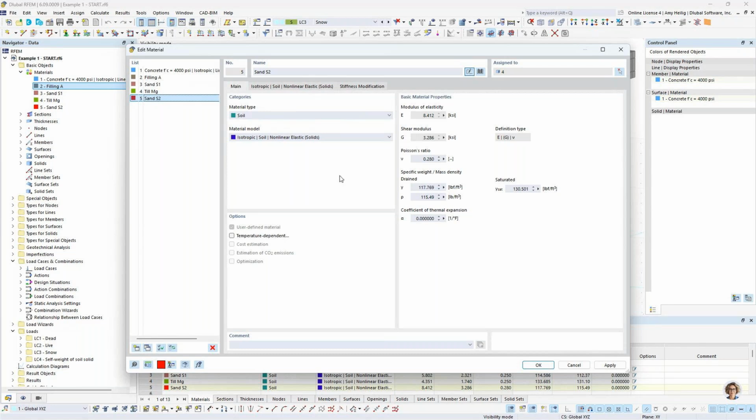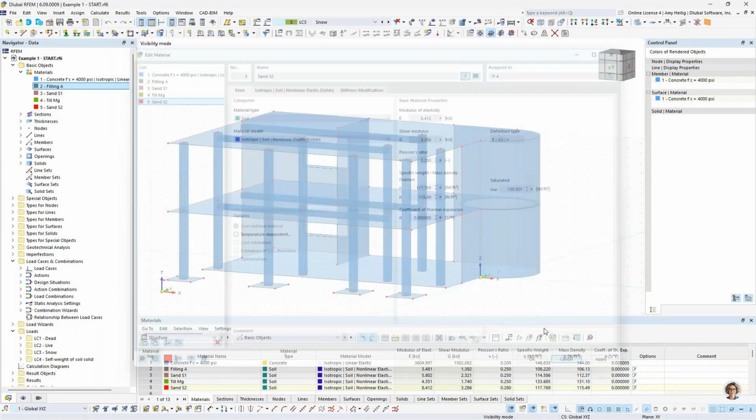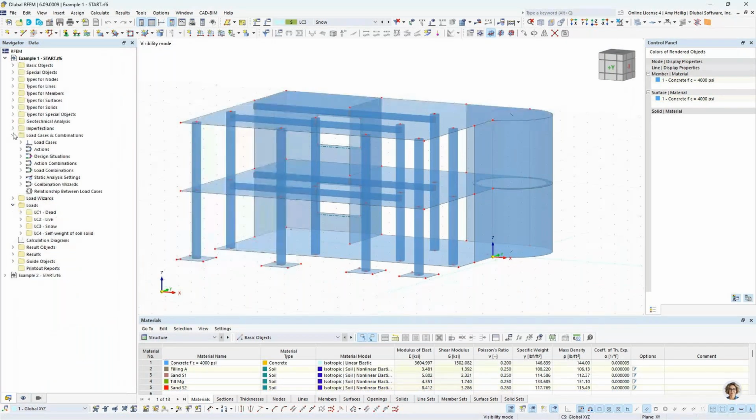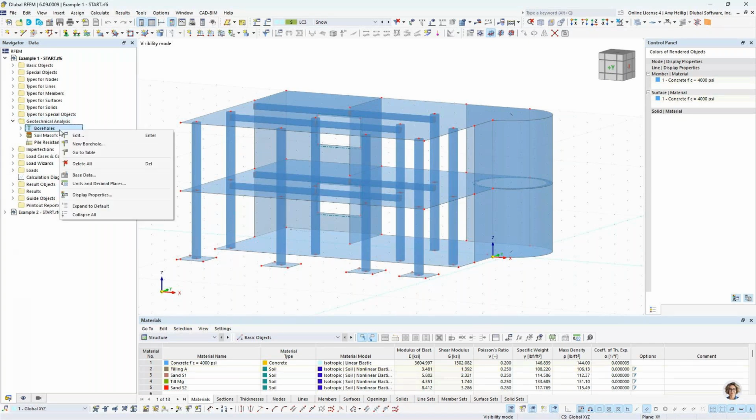So once we have input all of our materials, we're ready to create our first borehole. I'll go ahead and collapse these folders over on the left within our navigator. And you'll notice that we have the geotechnical analysis folder. Again, this is available because we've activated that add-on, where we can right click here to create our first